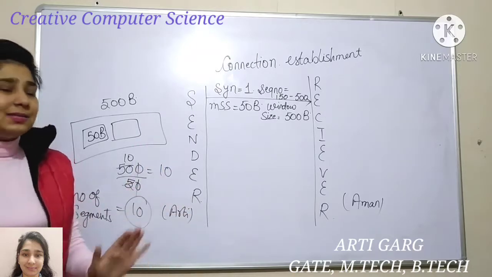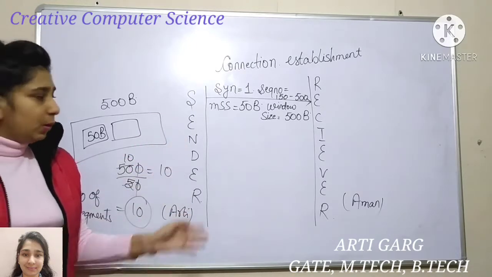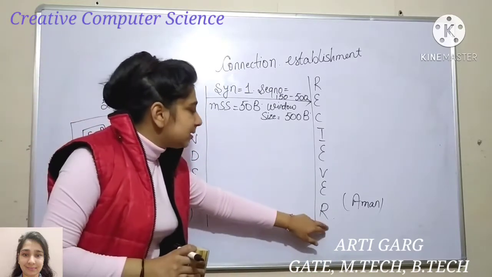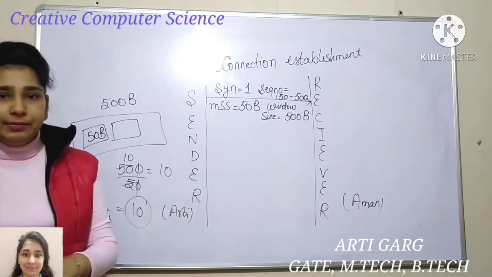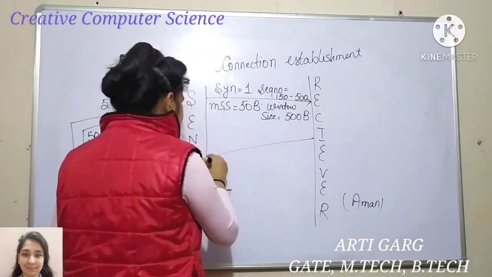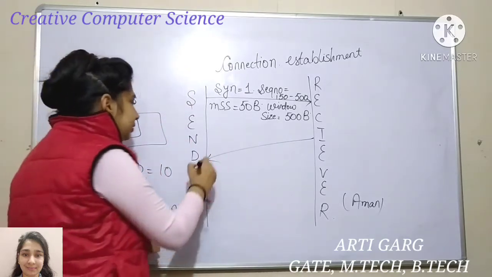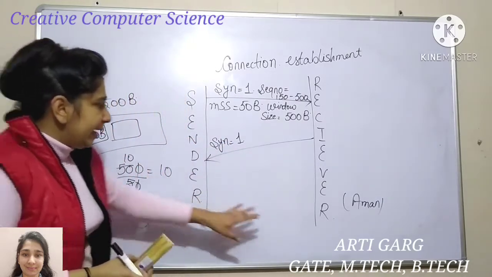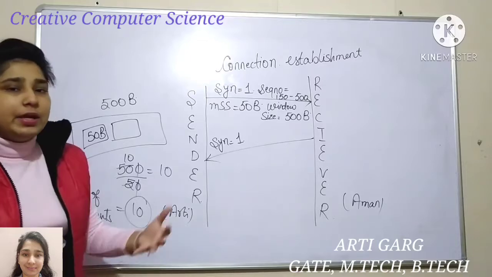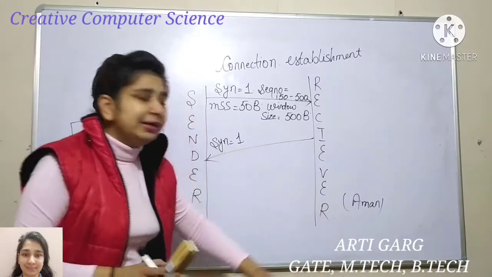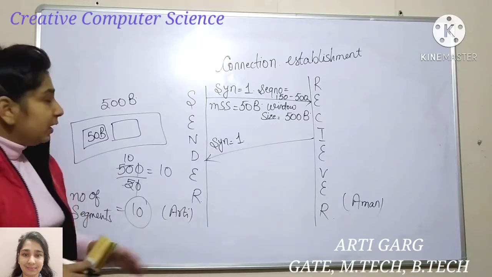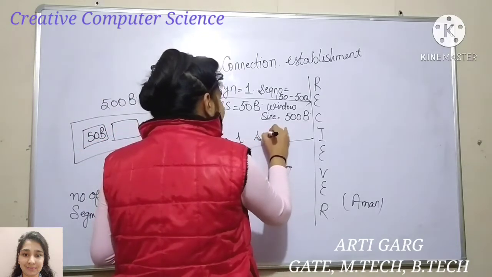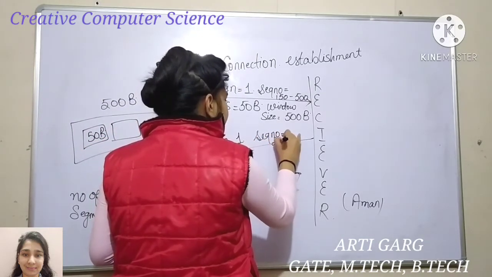Now the sender has exchanged its information with the receiver. Now it is the turn of the receiver to share its device capability information with the sender. It is also going to use SYN equal to 1 because it is establishing a connection for the first time. So it says SYN field is equal to 1. It says that my sequence number